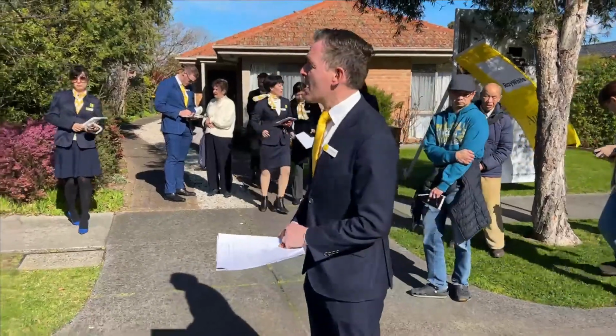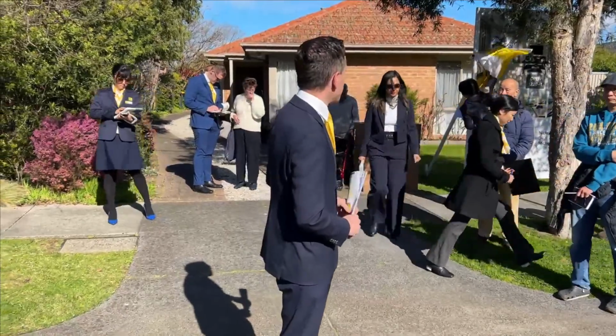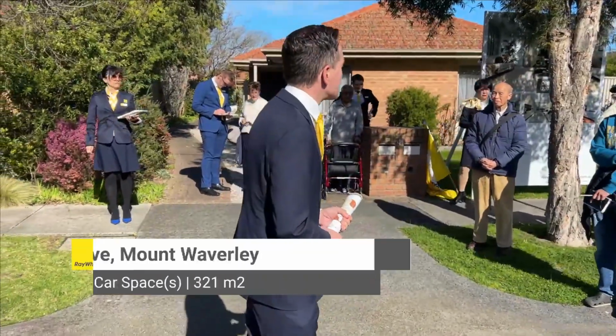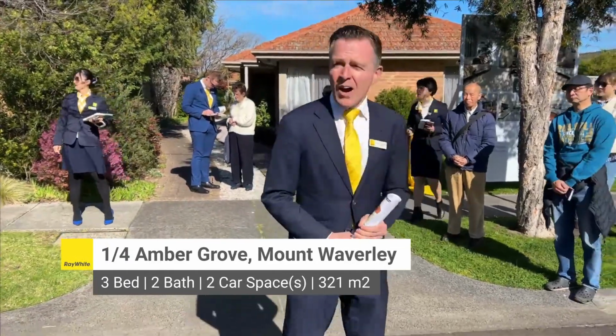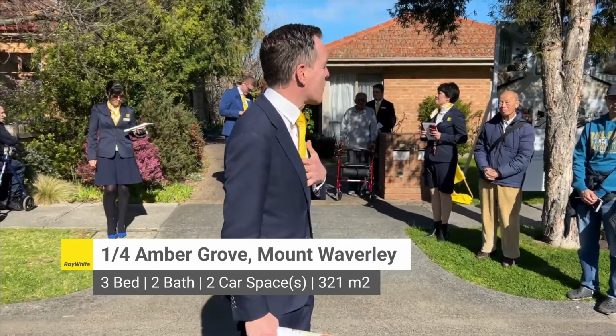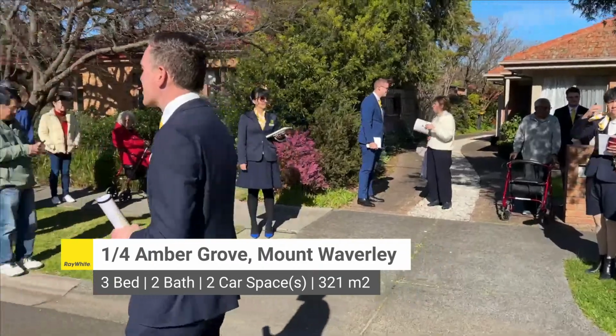Welcome to number 1 at 4 Amber Grove here in the heart of Mount Waverley. My name is Courtney Matthews, representing Ray White Estate Agents and Auctioneers from down the road. A number of my staff members, including our listing agents, Nicholas Richards and Michelle Huang, are in the crowd, along with a lot of our other staff members wearing the yellow here today, representing the company, and here to help you with your bidding or any questions you may have in regards to the auction itself,